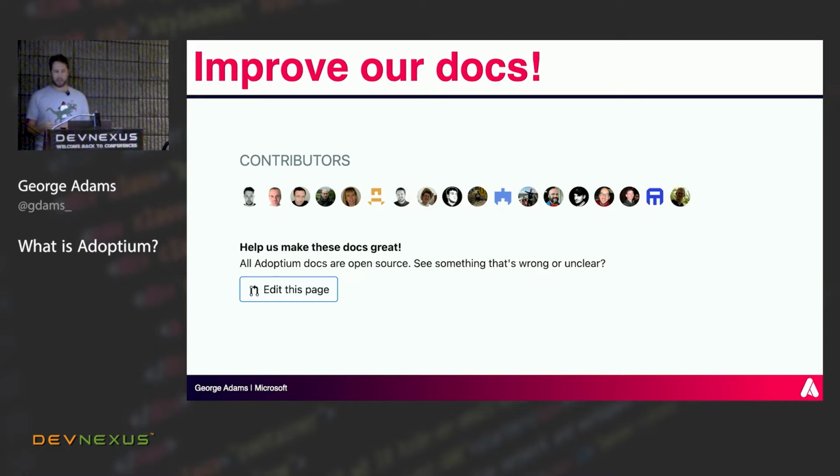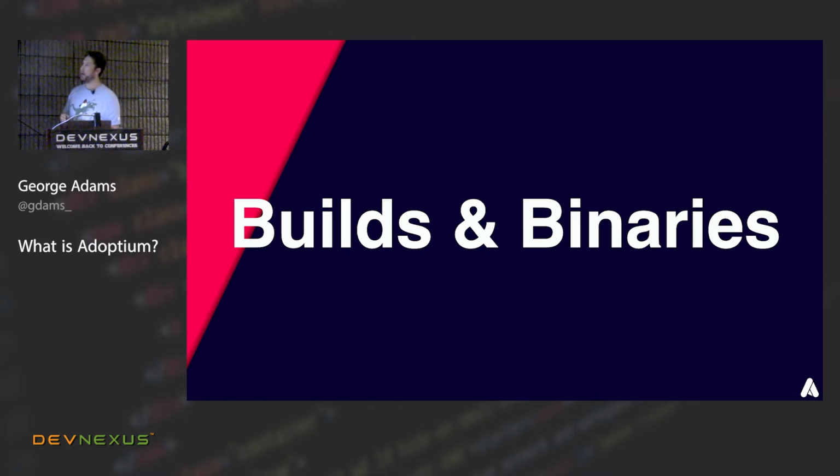All of our documentation is in AsciiDoc. You can go to any of the pages, and every page has an edit this page button at the bottom, which is really nice. The idea is you can immediately click it, it takes you through to GitHub, and you can make the change, raise a pull request, and get it merged within a matter of minutes. The other really nice piece here is that we actually list all the contributors, so it's a nice way of saying thank you to the people that help make our documentation better. We're also doing a lot of work with localization, so we're trying to make it translated better for other languages as well.